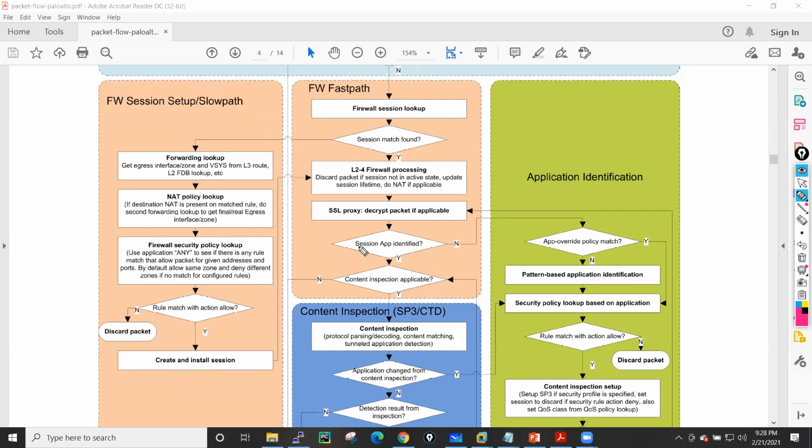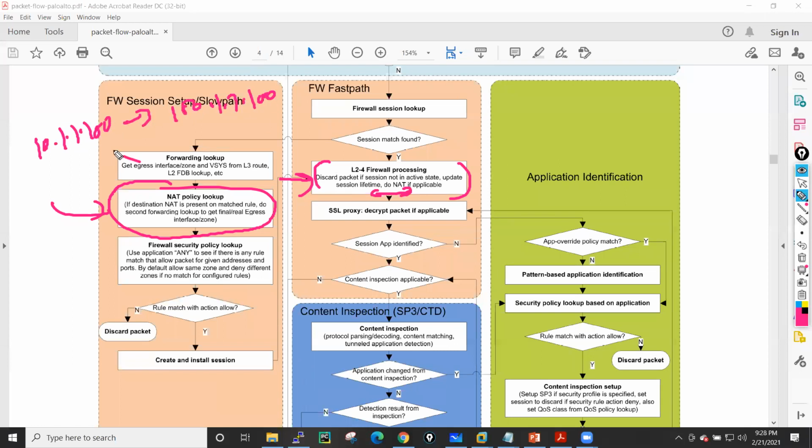Now if you see here, at this particular point of time, it will only evaluate the NAT rule, and after the session creation, it will apply the NAT rule at this particular point of time. Means, let's suppose we have configured a NAT translation for this IP address, it will translate into this one. My IP address is translated from this to this at this particular point of time, not here.